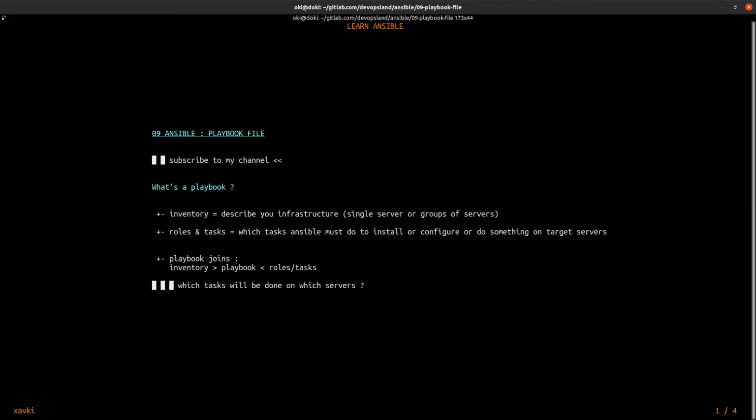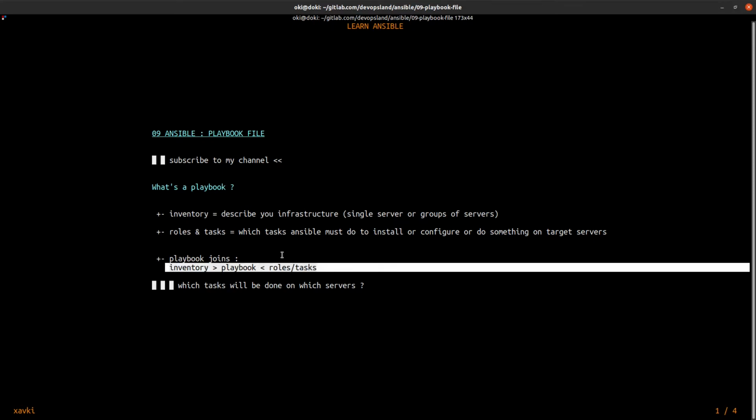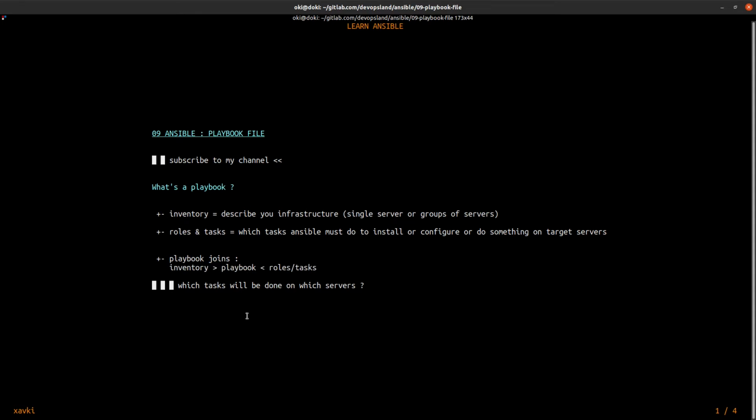So the playbook file joins inventory and roles and tasks. It sits between inventory and roles and tasks, like this. The playbook file defines which tasks will be done on which servers.